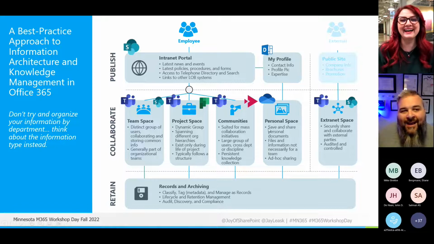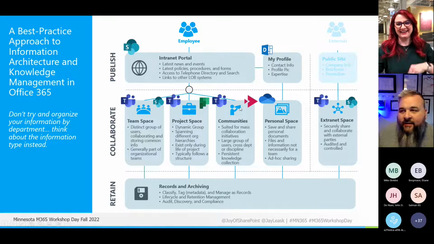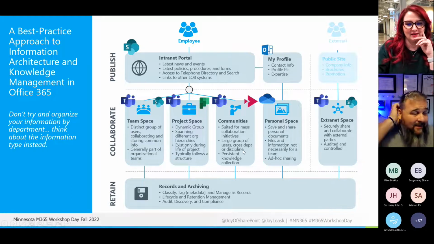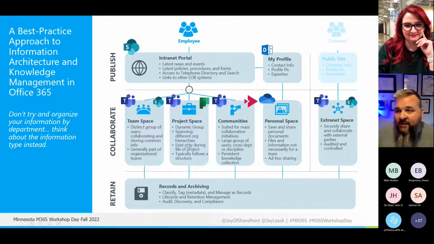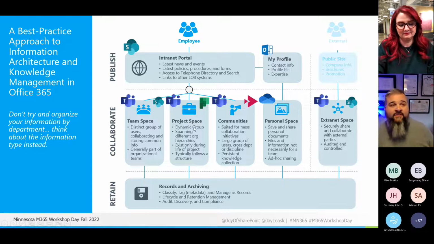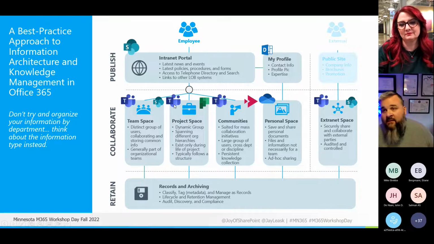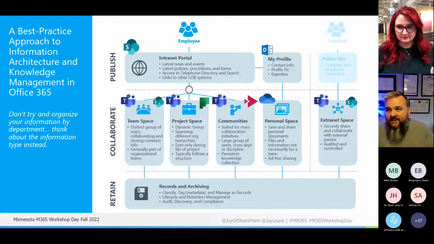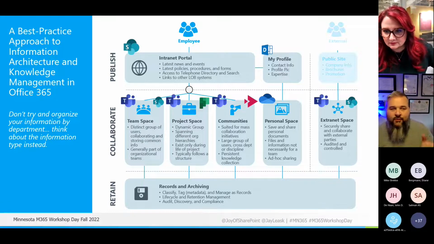So when looking at this kind of thought process, the key here is you are attempting to design what comes out to a governance plan. If someone wants to collaborate with people on a scheduled project across organizations, we are going to by default give them a project site and a team, and/or a planner and a team, and we're going to set these policies on it, and the project manager has to approve anyone that's getting added to it. That becomes your governance plan.